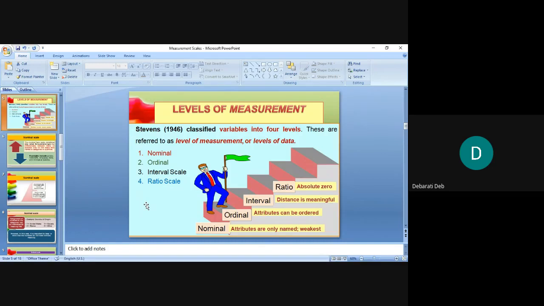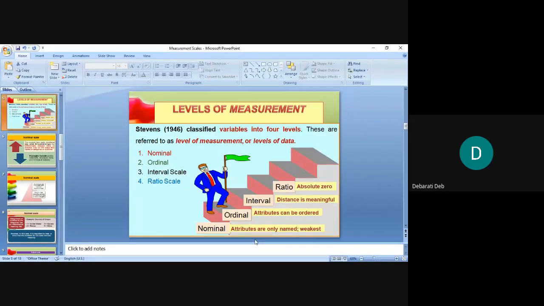Now I will only teach you the theoretical coverage of these 4 scales, but you have to identify which scale will be best used for your type of data. So we start with nominal. Just read these lines here in your slides, and separately we will also have an elaborate discussion. But before that, read these lines.